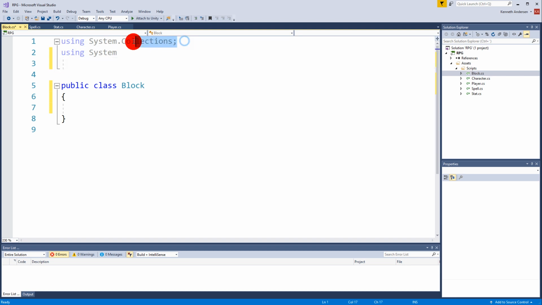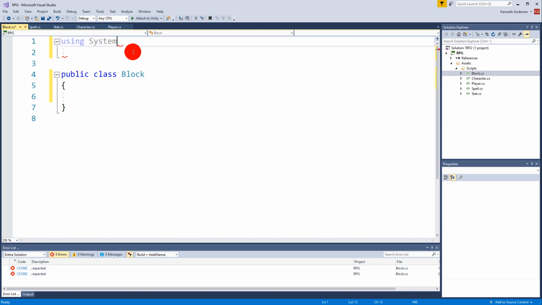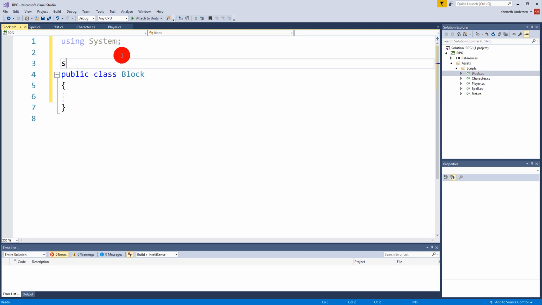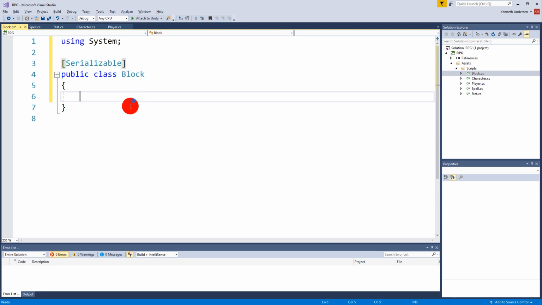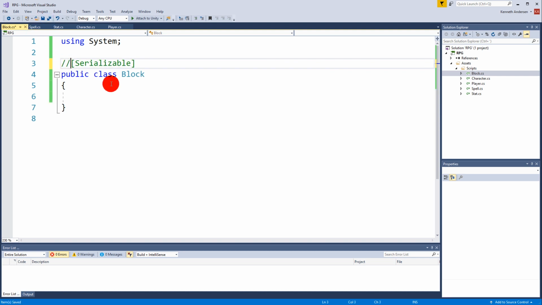So just delete everything except System up here, and then say Serializable. Oh, it's a tag, of course, like so. So now we are telling Unity that this class we're going to create is serializable, which means that we can serialize it and see it in the editor. So actually, if we do it like this, I think we can see what's actually happening when we